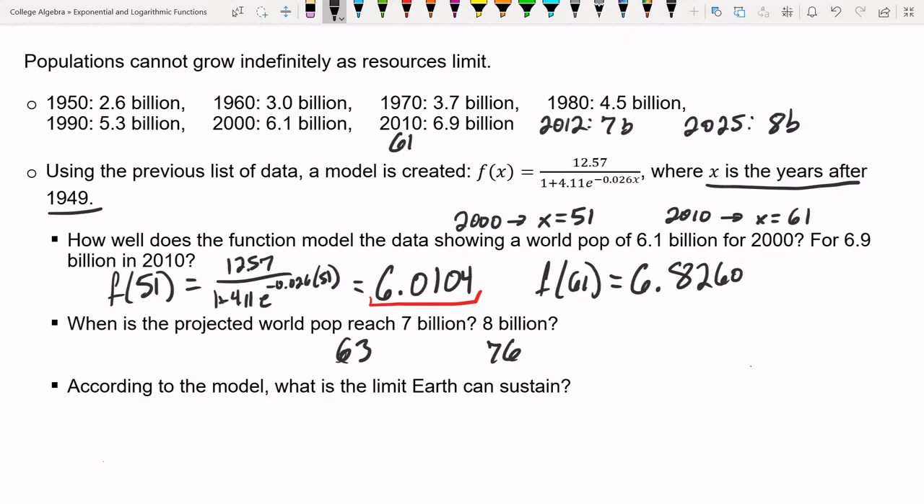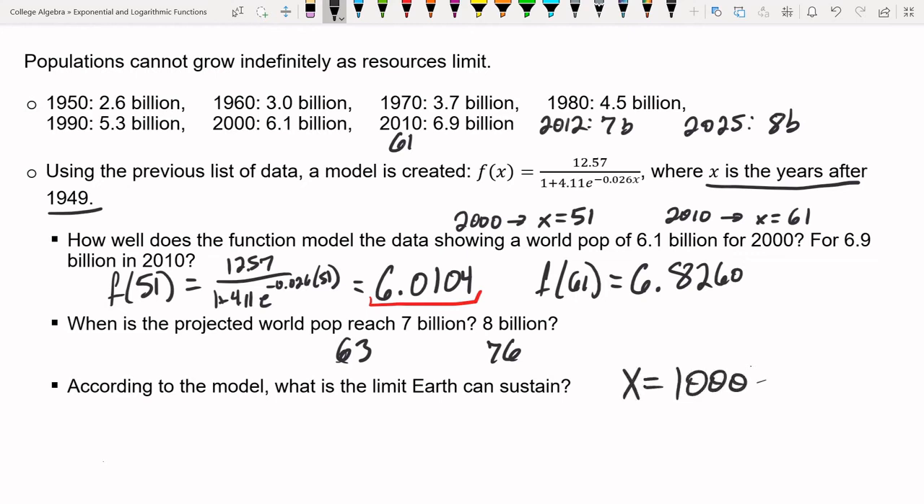Now, how do we find that? Well, think of it like this. The limit that Earth can sustain is the same thing as saying if time continues on towards infinity, right? What's the limiting value for this? Does this thing keep increasing? Does it stop? I don't know. Let's see. And we can test this very easily by saying what happens when x is very, very, very large,